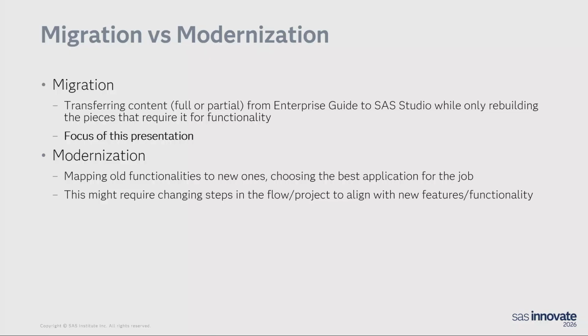You can do them both at the same time, but you don't have to. You can just take your Enterprise Guide project, import it, and have it run, or you could, in the same time, bring in those newer functionalities, update the code for CAS, and really take it to that next level. Whichever one you want to do is going to be based on where your team is at, the skill sets you have, and the time.